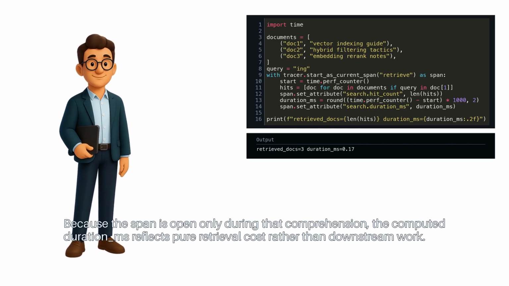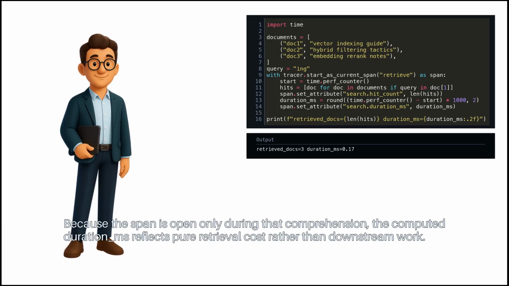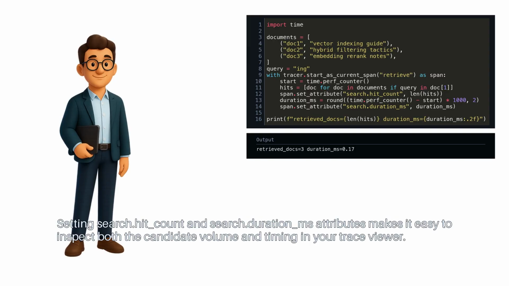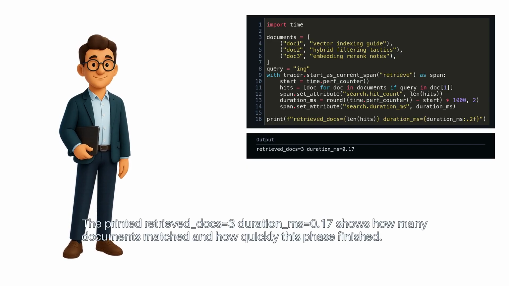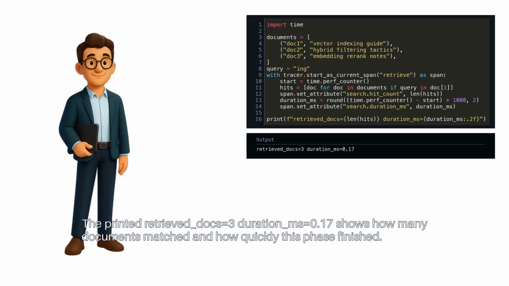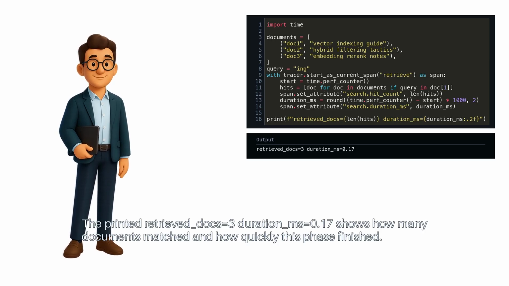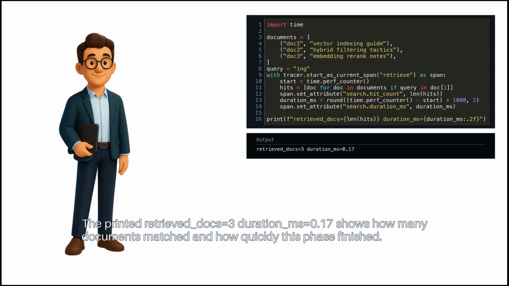Because the span is open only during that comprehension, the computed duration milliseconds reflects pure retrieval cost rather than downstream work. Setting search.hitCount and search.durationMS attributes makes it easy to inspect both the candidate volume and timing in your trace viewer. The printed retrieved docs equals 3, duration ms equals 0.17, shows how many documents matched and how quickly this